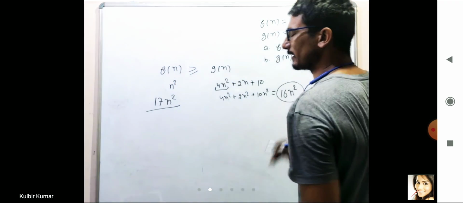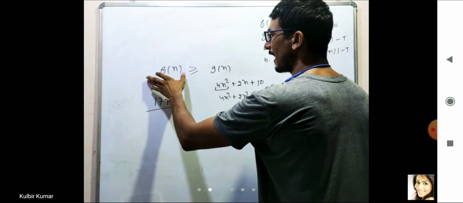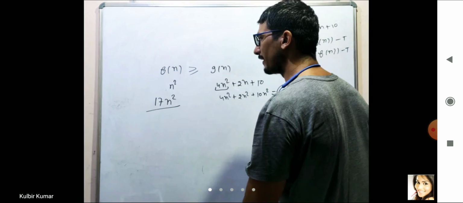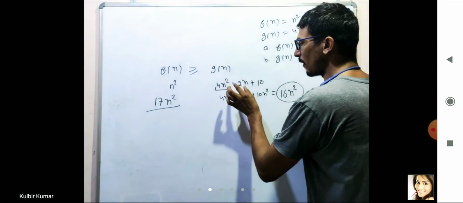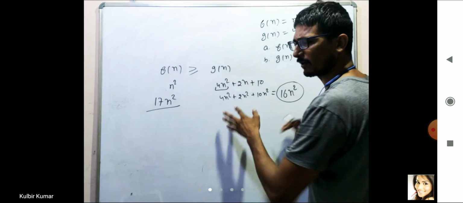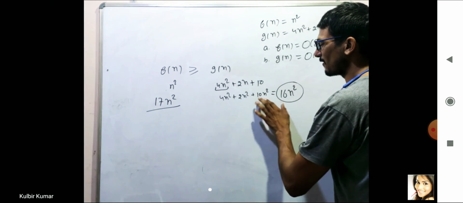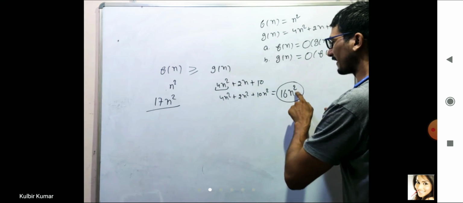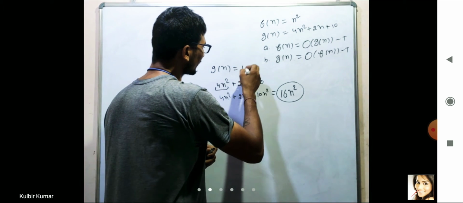Now remember one thing. हमें करना क्या है? We have to check this thing कि f of n हमेशा g of n को dominate करेगा या नहीं करेगा. So it is 4n square, this is 2n. So obviously 2n will be lesser than 4n square, but फिर भी चलो 2n को round figure में 2n square रख दिया, right? And let us take 10 को round figure में 10n square रख दिया. So अगर इन सबको जोड़ेंगे तो कितना आएगा? 16n square. So function g of n कितना बन चुका है? It is 16n square,